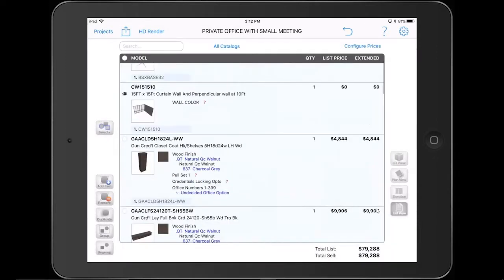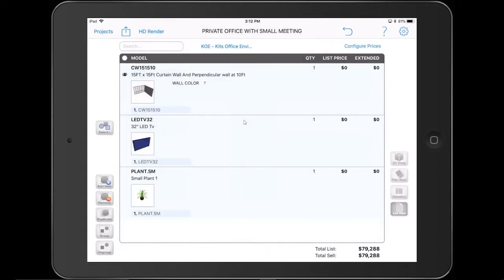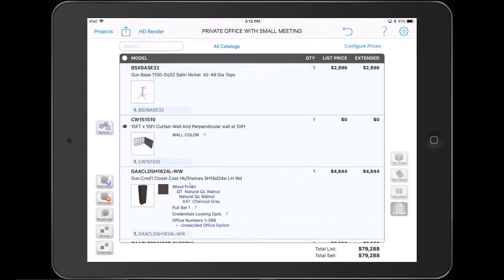And just in case you have too many items to go through, I'm going to quickly tap on all catalogs. And here I can find all the different items that are in here. If I go to the COM catalog, I can see that the TV was added. However, obviously there's no price here. And what we want to do is include a price. So what I'm going to do is go to all catalogs